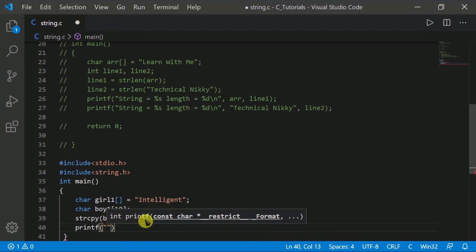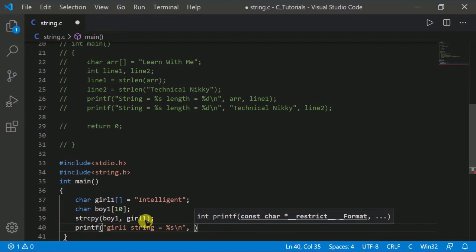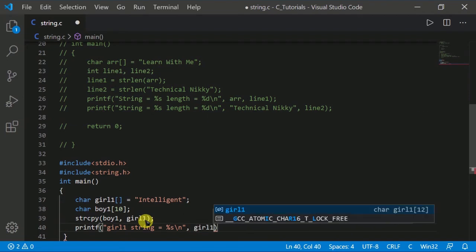Here we have to type girl1 string equal to %s, then print this girl1 variable or string.